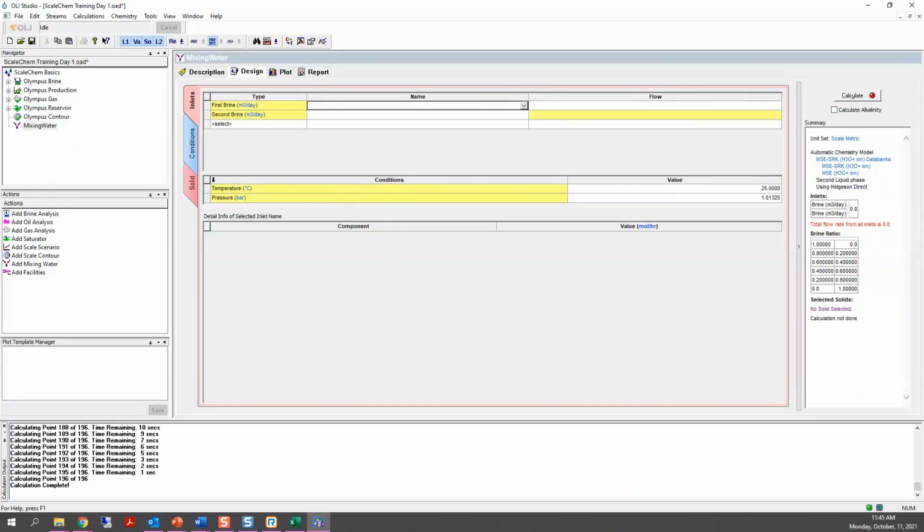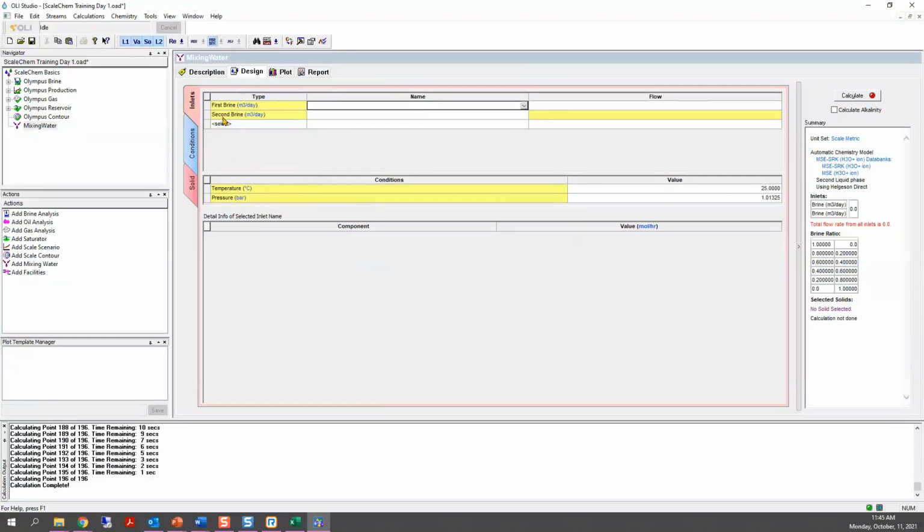What happens with this tool is that we designed it to mix brines. But let's say you also want to add the gas, and you also want to add the oil. You could do that, but the default is to mix the brine from the production brine and a second brine, probably from another production, or maybe seawater or any other water that you have the water analysis.